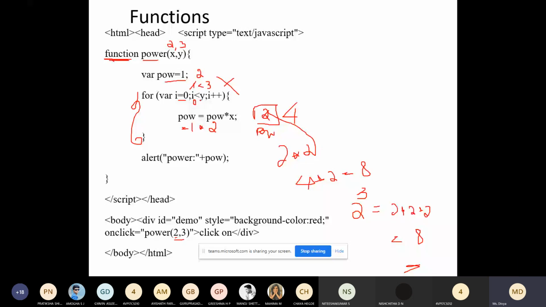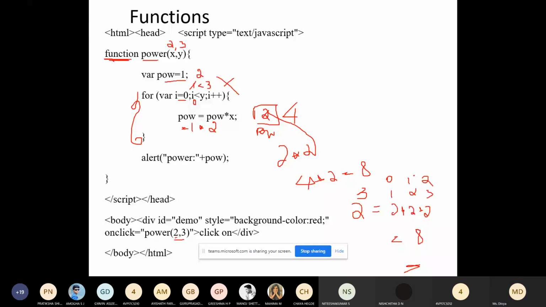You can start I with the value 1 and you can check 1 is less than... You can start from 1. And if you are starting it from 1, what change do you have to make? You have to give less than or equal to here. Okay, if you are starting it from I is equal to 1, so this is 1, 2 and 3. Like this also you can do, or you can take it as 0, 1 and 2. So that is how you write the program.